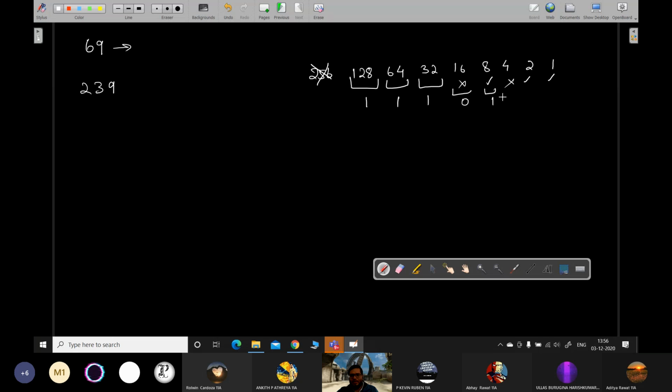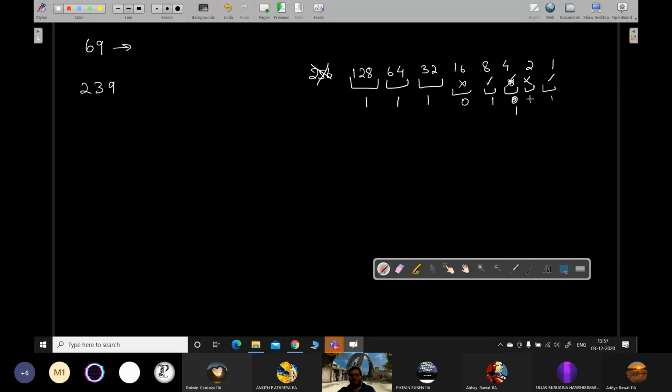0, 1, 0. Sir, 4 also will be added. 4 will be added. देखो ये कितना हुआ? 128 plus 64 will give you 192 plus 32 will give you 224. 16 नहीं हो पाएगा. 8 कर देंगे तो 224 plus 8 is 232. हाँ, 4 will be added. Yes, 236. और ये नहीं होगा. 2 नहीं होगा, 1 हो जाएगा. So this will be here.